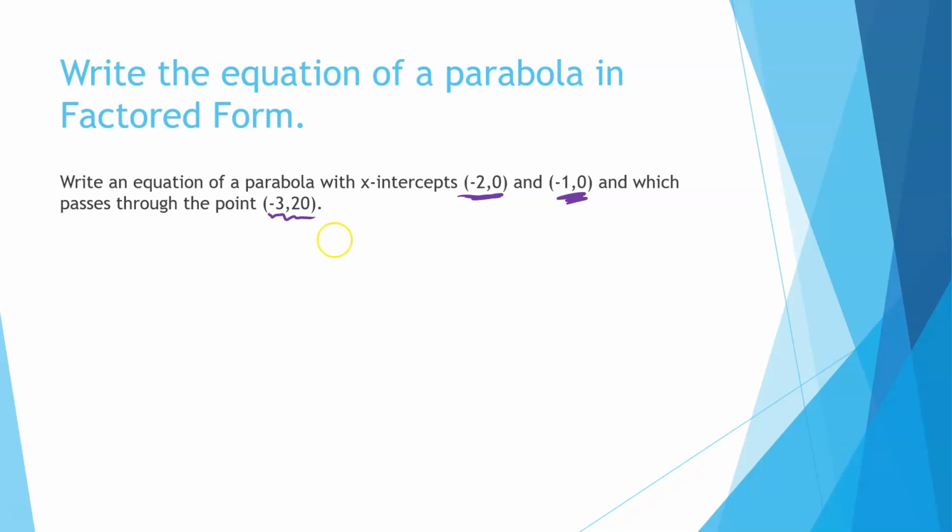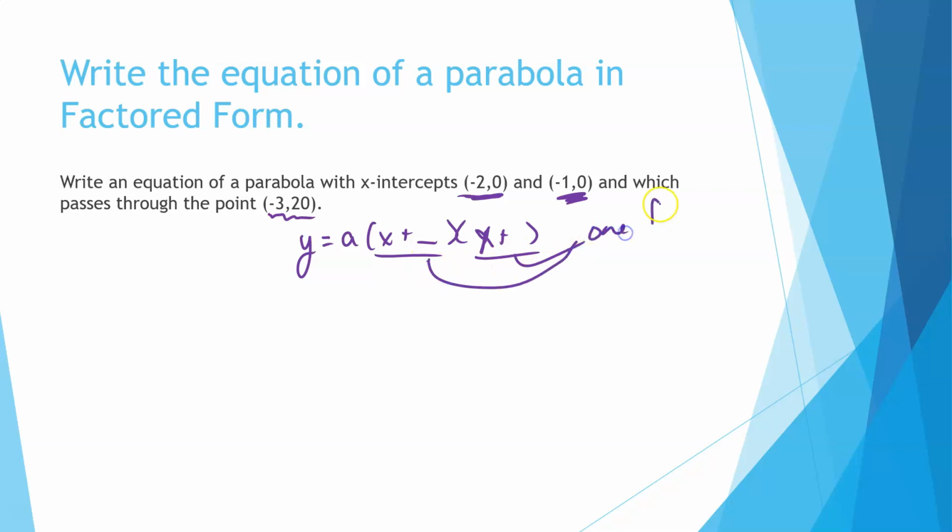Okay, because really what we're looking at is the form y equals a times x plus something times x plus something else, depending on how many, one of these for each x-intercept. And then we'll figure out the rest. Now, having said that,